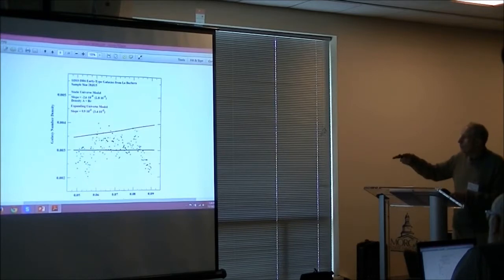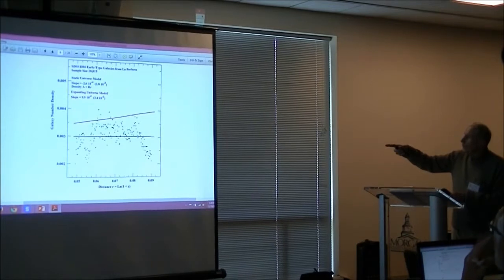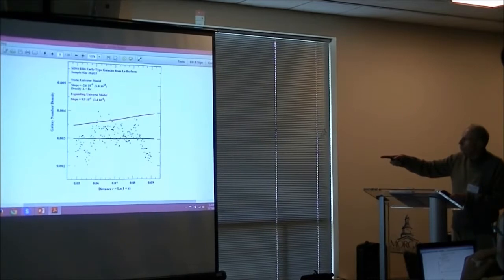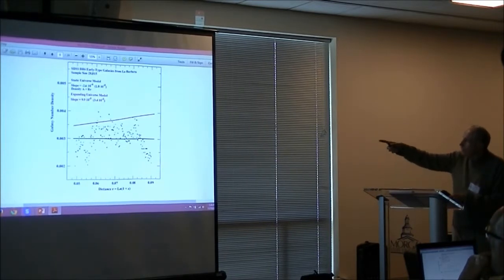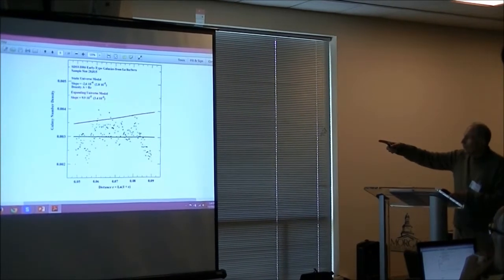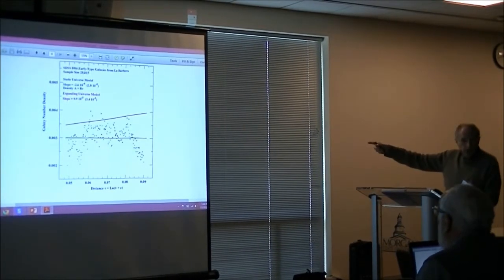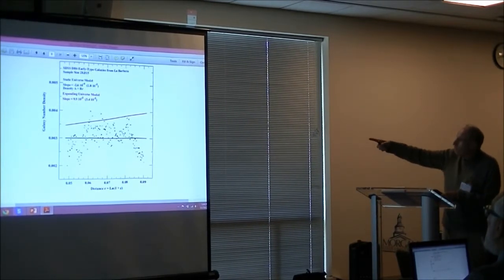Okay. Now, for the static universe, I show that the density doesn't change over a fairly large distance of about 300 billion parsecs. The density doesn't change in the static universe. And I estimate what the expanding universe should show as you get further back in time. When you're looking at far distance, you're looking at the universe when it was smaller in volume, but with the same number of galaxies, so the density increases.